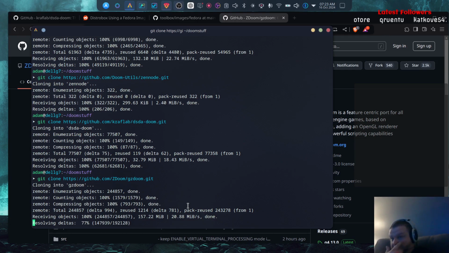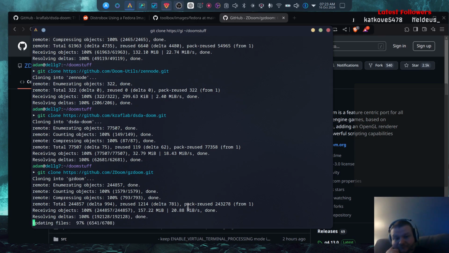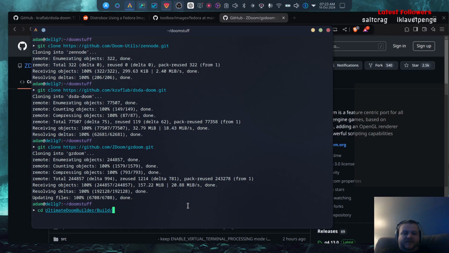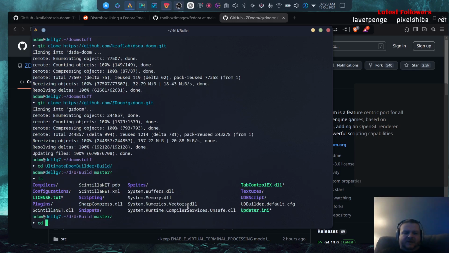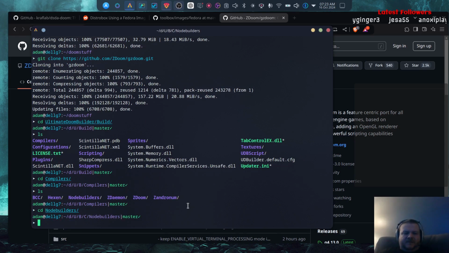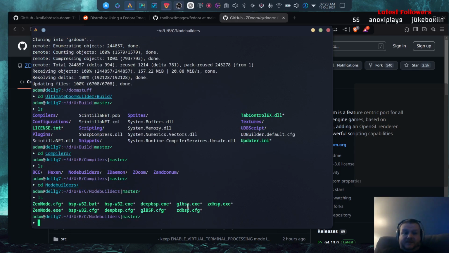Now, I believe if you're going to be doing mapping for gzdoom, that requires other compilers. So if we go to cd ultimate doom builder /build, we go to cd compilers, and then cd node builders. We'll see there's all this other stuff besides ZenNode, right? You got ZDBSP, I believe that's for ZDoom. GLBSP,